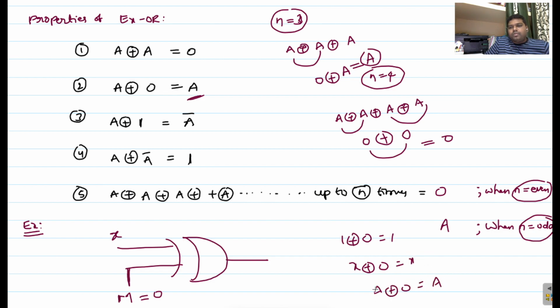So whichever variable you perform XOR operation with 0, you will get that particular variable as the resultant. So here X and 0, these two are performed with XOR operation, then the output Y equals to what? X only. For example, if I am taking M equals to 1, X XOR with 1, in that case what happened? The result is the inverted variable. Here same case, just you can observe here.